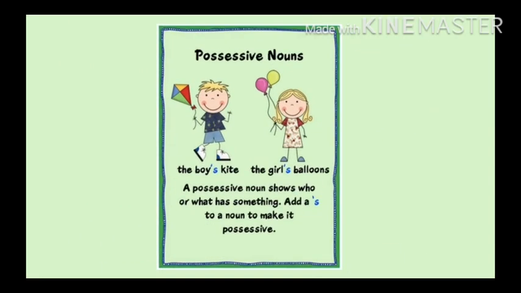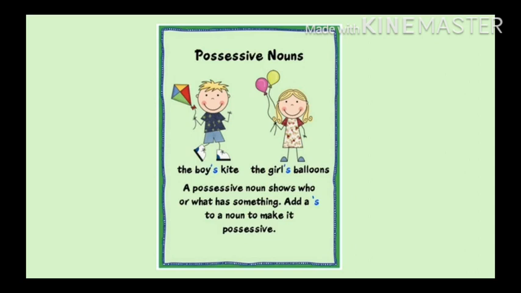Next is possessive nouns. Possessive is taken from the word possession. Possession means that somebody owns something. That's why this is known as possessive nouns. And moreover, the difference between these nouns is that these nouns are followed by an apostrophe s. That makes them possessive nouns. That signifies that this is the possession possessed by that person.